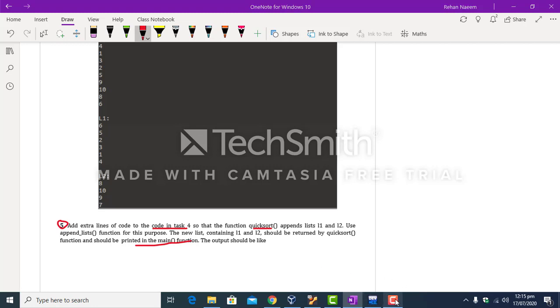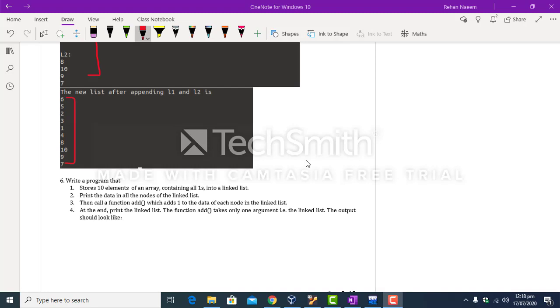Okay, in the last task you have to create an array of 10 elements, and all the elements should be initialized to 1. And after creating that array you have to create a linked list to store all the elements of that array.